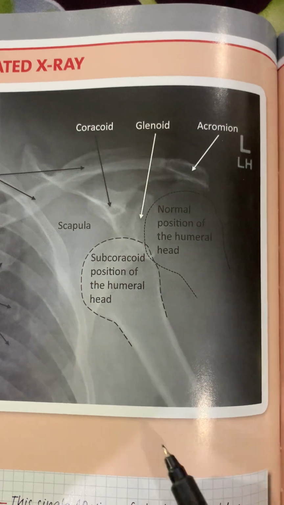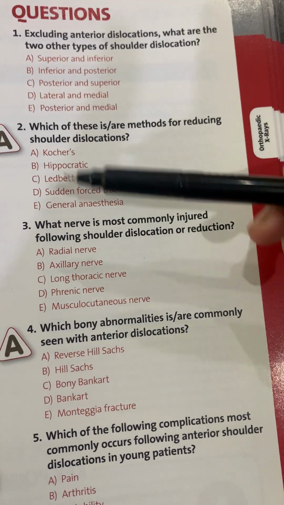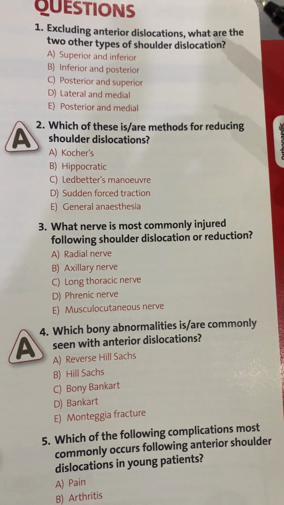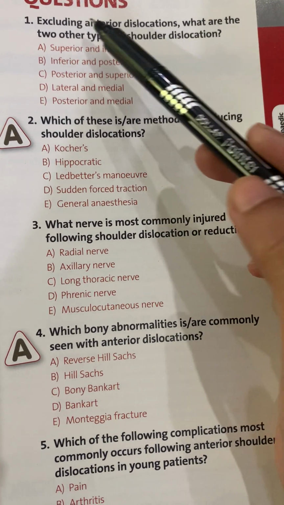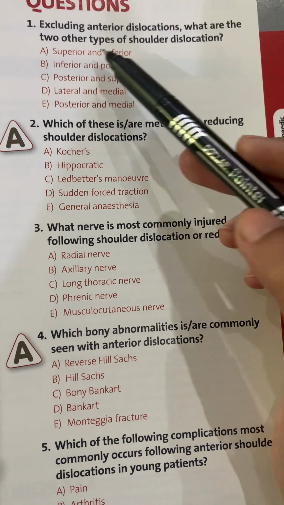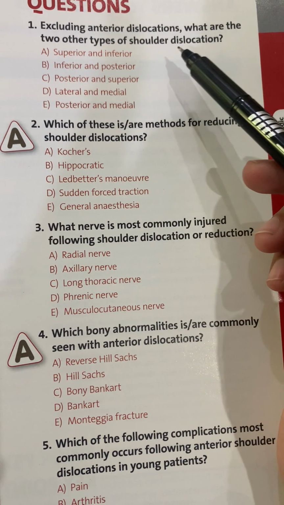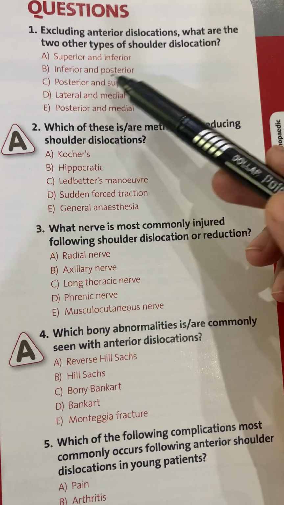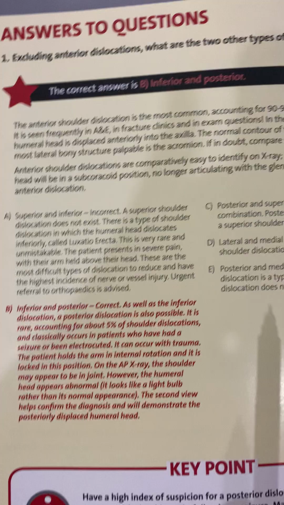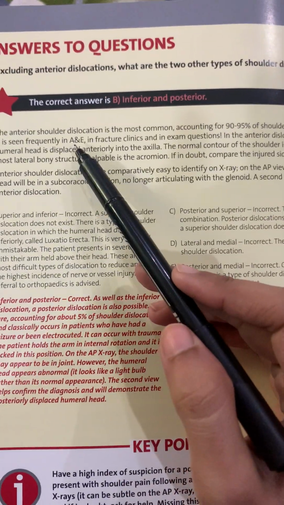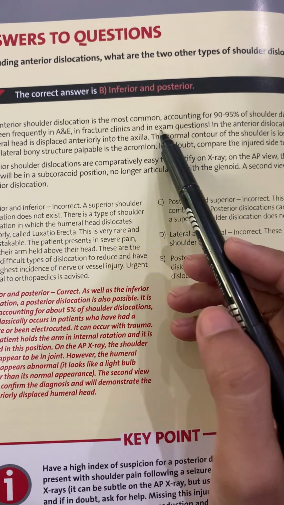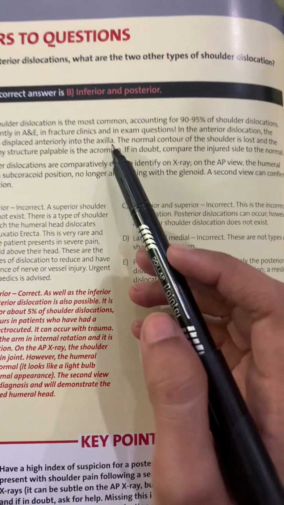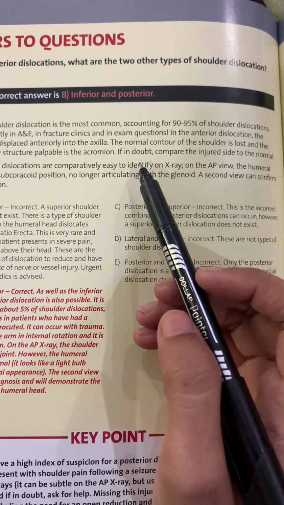complete the radiological assessment. The question associated with this anterior shoulder dislocation can be: including anterior dislocation, what are the two other types of shoulder dislocation, which are inferior and posterior? In detail, the anterior shoulder dislocation is the most common, accounting for 90 to 95% of the